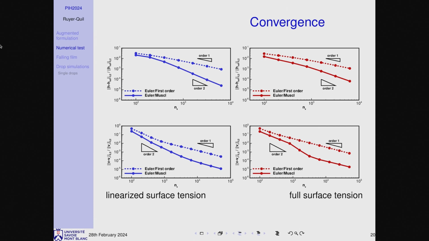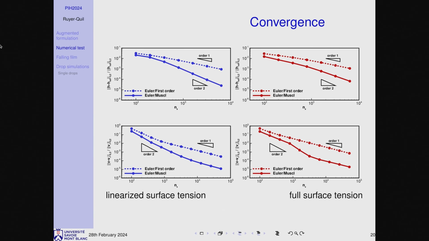For the first step we take either a first order step or a MUSCL method, which is second order. We can see that with the MUSCL method, the convergence is much quicker for the film thickness. However, if we look at the velocity for a larger number of nodes, we can see that at the end we recover first order